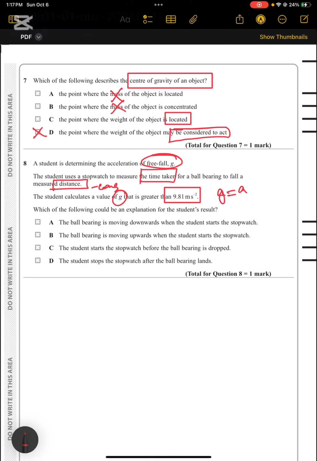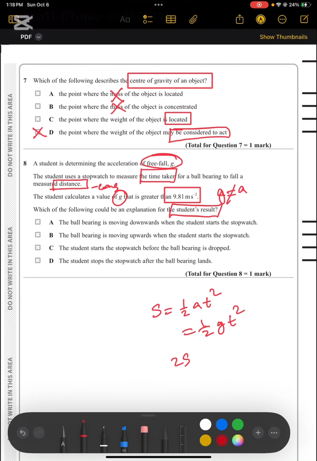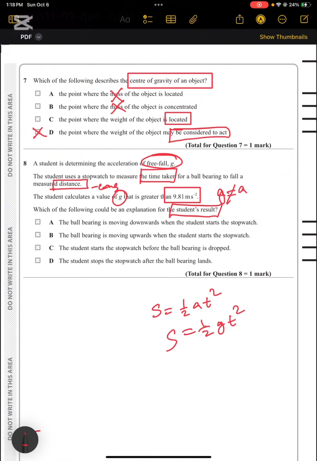So why is this happening? Which of the following could be an explanation for the student's result? We all know when something is in free fall, we can say s is equal to half at squared, which is half gt squared. If this is our formula, s equals half gt squared, the g will only be affected